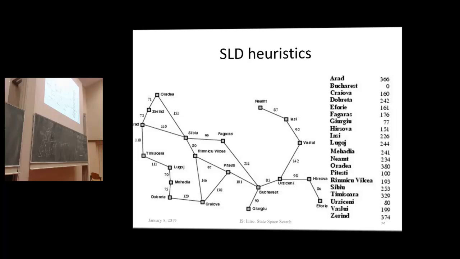It's not the shortest one, I can tell you. So my greedy strategy of always going to the one that's closest to Bucharest doesn't give me the optimal solution. It gives me one very, very quickly, or quickly at least. But basically the idea here is that I take my fringe, I order it according to the beeline distance, and I always take the one in my fringe that is closest to Bucharest, and I follow it up.